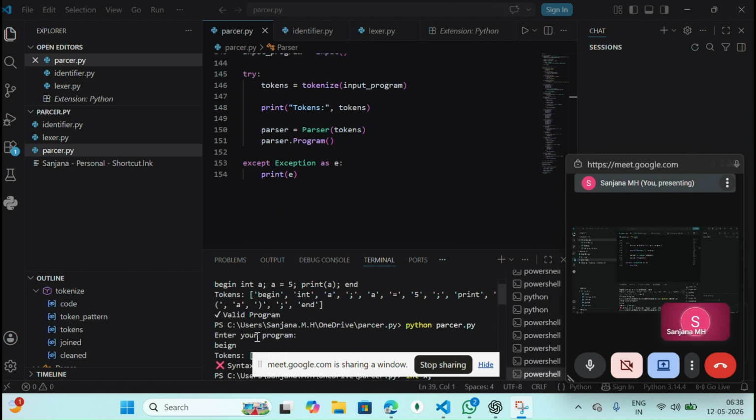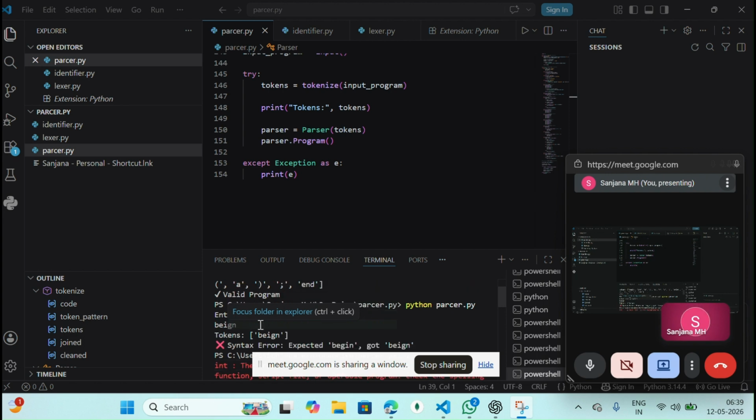Next, in this example 2, the input code has BEIGN, and we wrote this spelling wrong. Next, the syntax tokens will be the play begin. We used it to correct the keyword. Next will be the tokenizer result. It is the begin. Next, the error output will be a syntax error because it expected begin, not